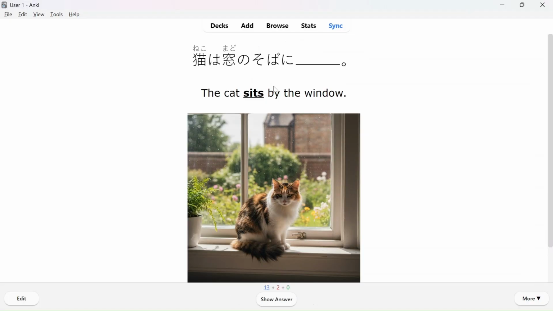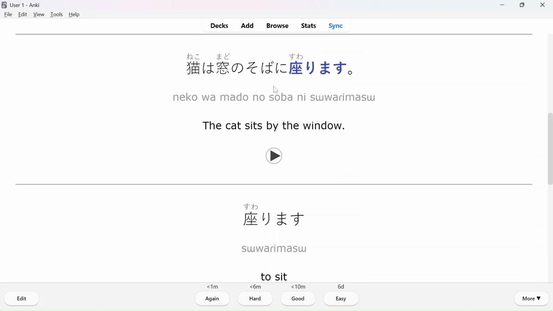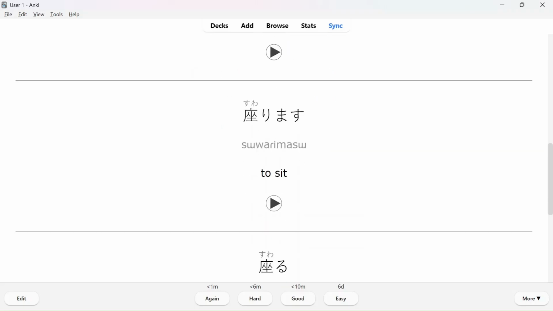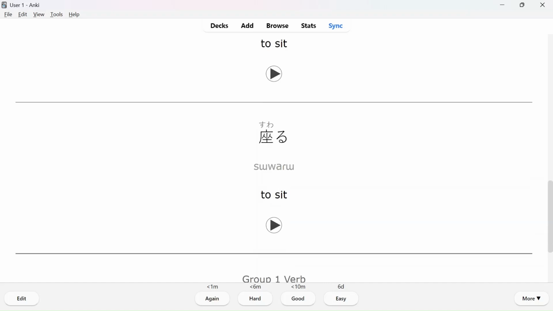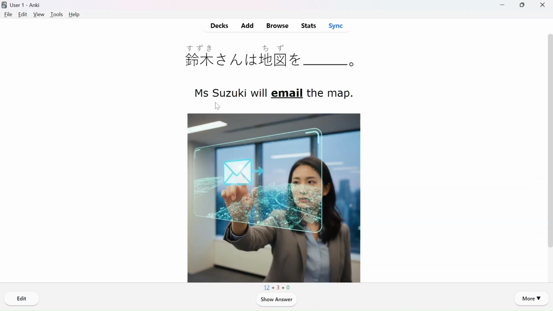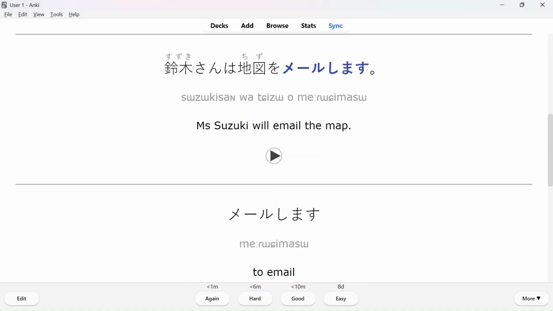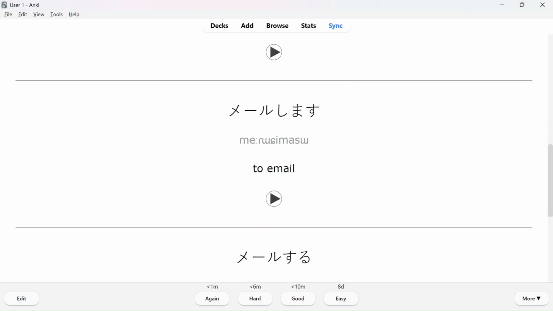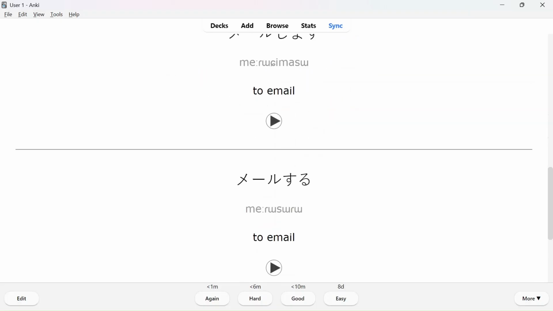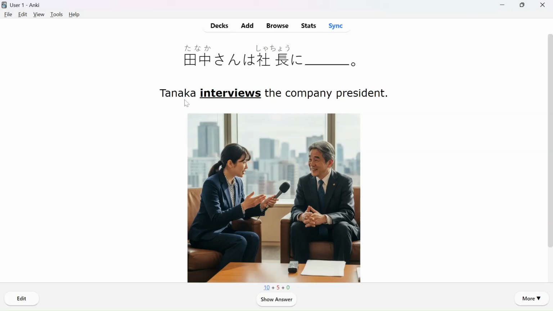The cat sits by the window. How do you say sits? 猫は窓のそばに座ります。座ります。座る。 Miss Suzuki will email the map. How do you say email? 鈴木さんは地図をメールします。メールします。メールする。